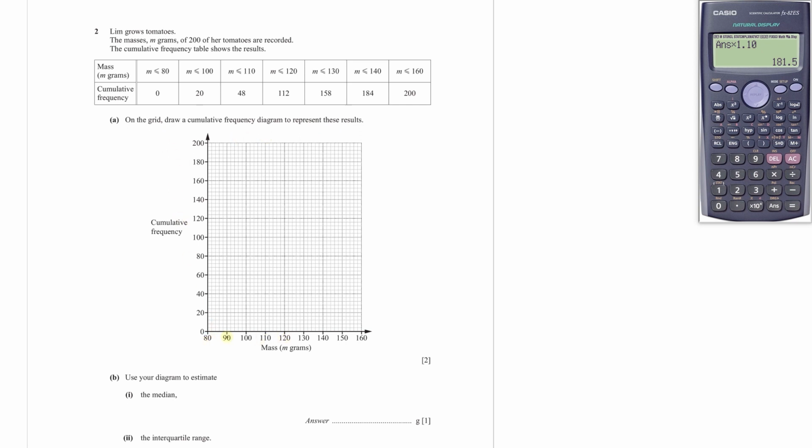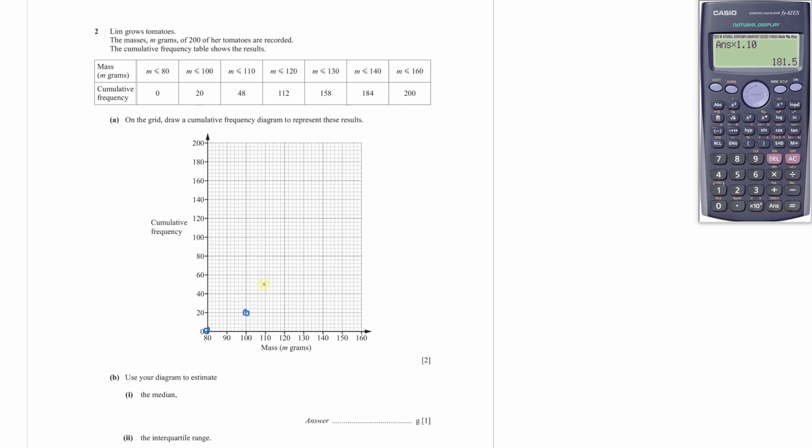So on the x-axis you have mass, and on the y-axis you have cumulative frequency. So the first value is 80 and 0. So this will be your first point. The next value is 120. 120 will be this value. 110 and 48. So 110, 40, 45. Let's see if